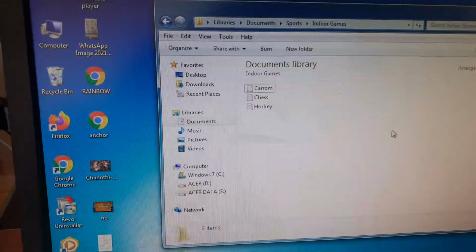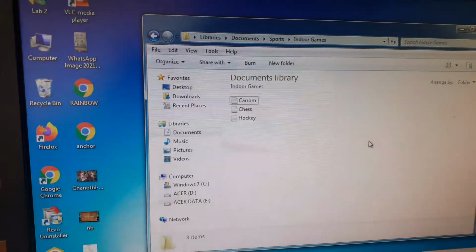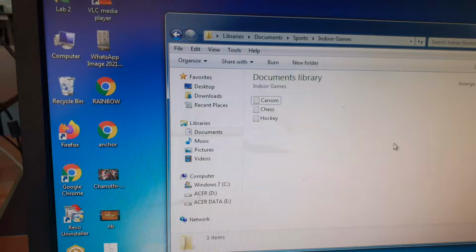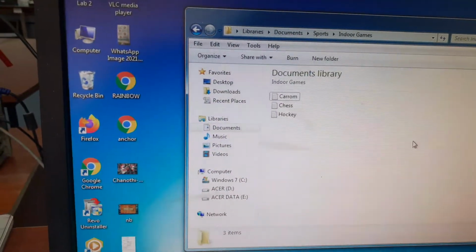But when you delete any file or folder from the recycle bin, then that file or folder is permanently deleted from the computer and you cannot recover or restore it.